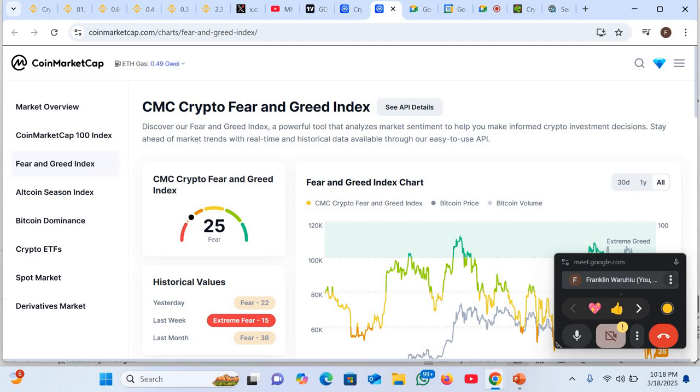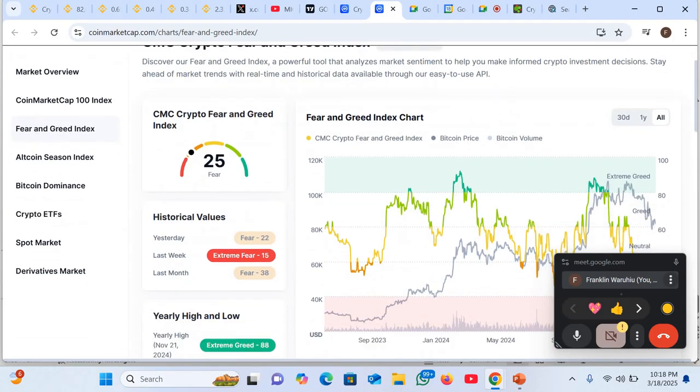So you realize that when the fear and greed index goes low, during that time, if it goes to around 15, that means the fear is high. There is a lot of uncertainty in the market. This is an example: last week, when the fear and greed index was at around 15, it simply meant there was extreme fear